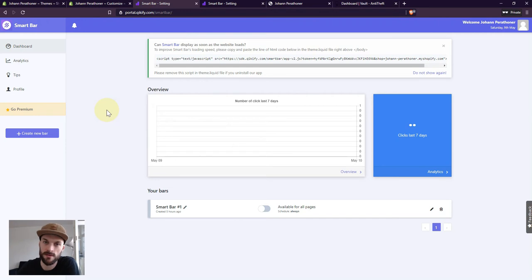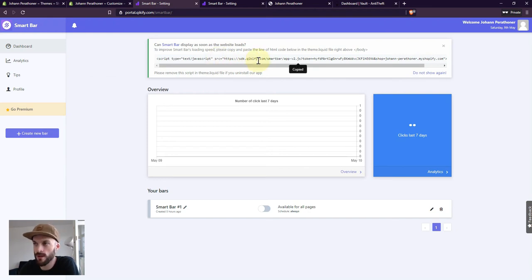One of the main reasons why I have chosen this one is that you have the possibility to add this piece of code in your theme, and it will help you load the top banner much faster. One of the weaknesses of all the other plugins is that it takes time to load the banner. Your users will navigate through the pages and the top banner will load maybe 1 second later on each page. So the experience is not so good. And this one, for this specific point, is much better.